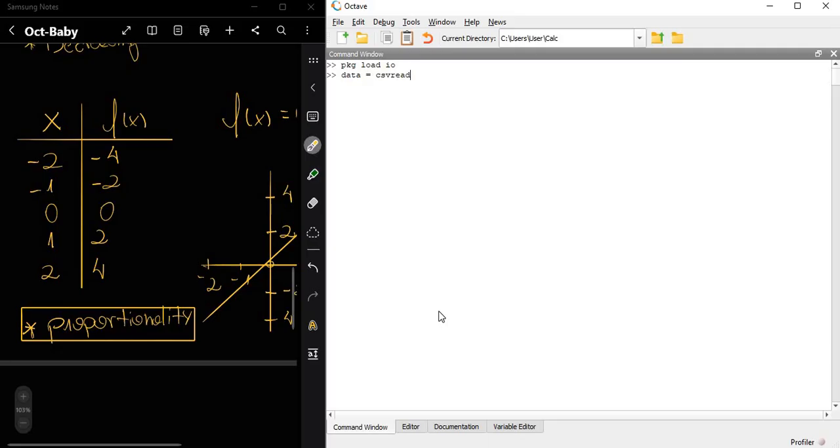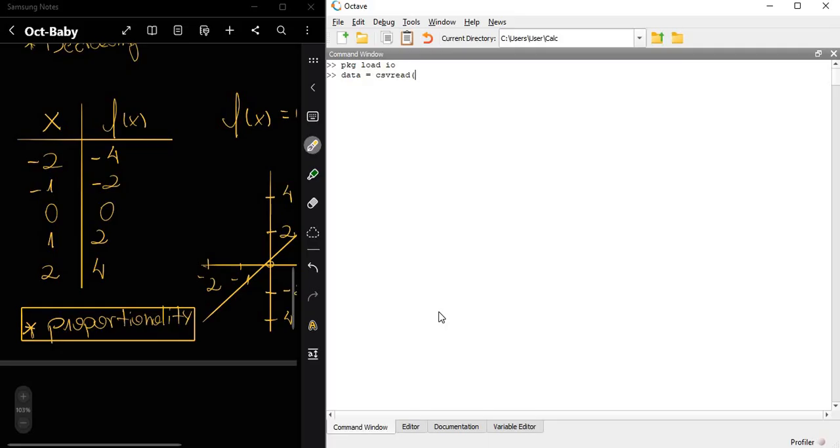And what we need to do right here is pass as arguments the path where this file is located. So copy the path of the document.